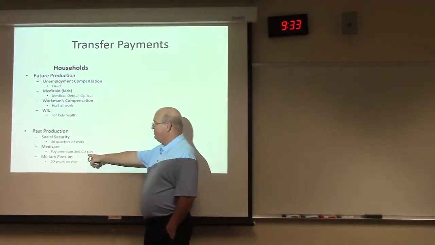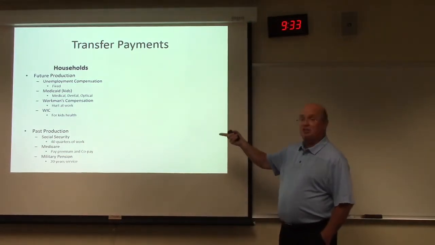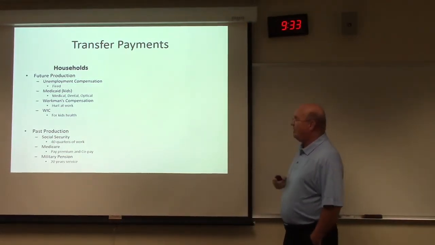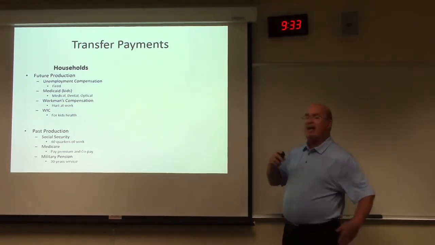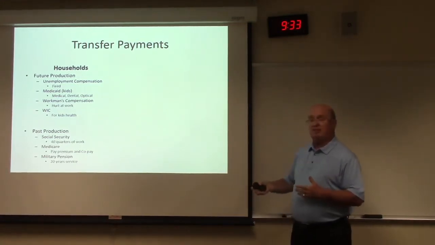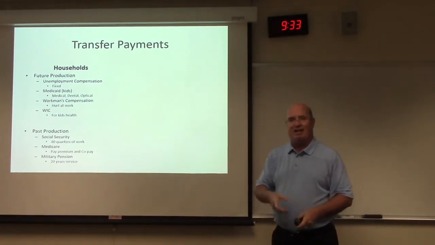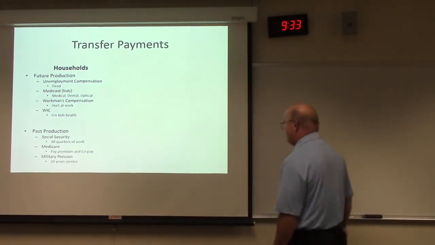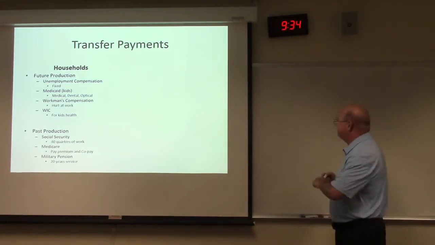Medicare. But once you do get it, you're going to have a premium, which is going to come out of your Social Security check, and you're going to have a copay. And then, of course, military pensions and other types of pensions. In this case, military, 20 years of service, and I get money for the rest of my life. Because, yes, I am a 20-year retiree. Why do I get money for the rest of my life? Well, let's take a look.